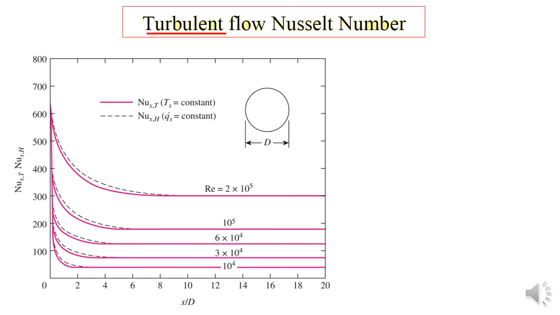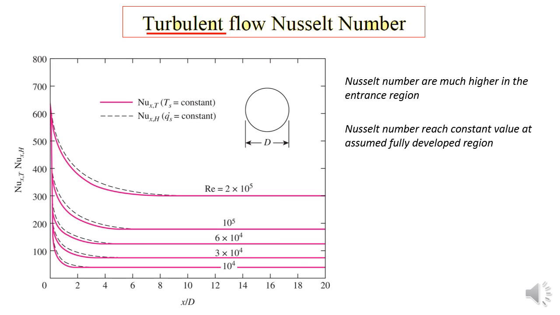Okay, turbulent flow Nusselt number. So as you can see here, as I mentioned earlier in the notes, we have a constant surface temperature and also constant heat flux. So we plot both of the Nusselt numbers versus x over D here, and the lines here are the Reynolds number. And as you can see here, the Nusselt numbers are much higher in the entrance region, and the Nusselt number reaches a constant value at the assumed fully developed region, which is x over D